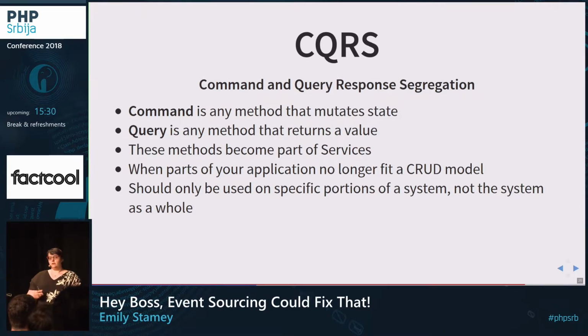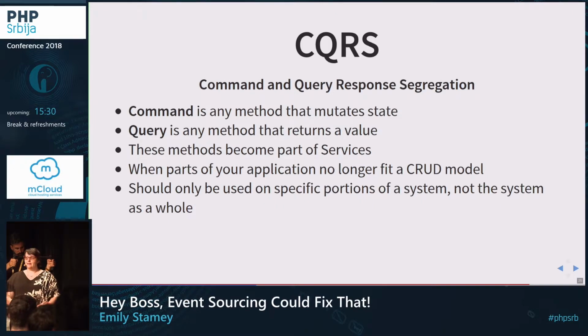When you make those separations, you have some power because you can optimize your application for reads and writes, and you can balance your servers differently if you've made those distinctions. But you have to make them in your code and the behavior. It's not necessary in all applications, as with most things. You don't have to do this everywhere, but only where it makes sense. If you've got something that's really write intensive, you might want to separate it.